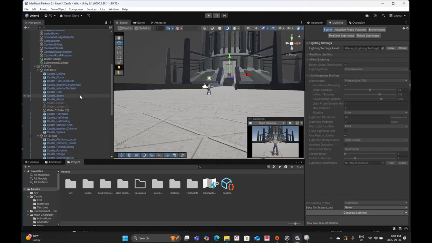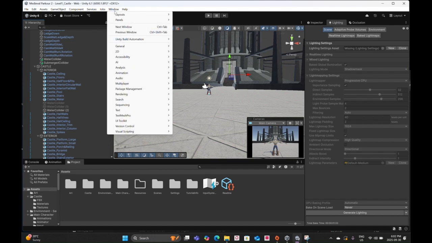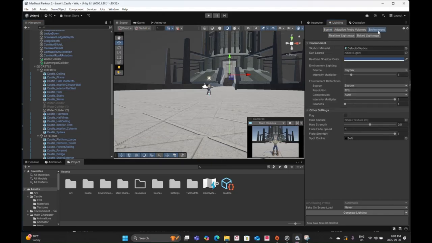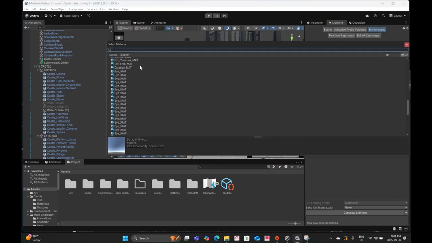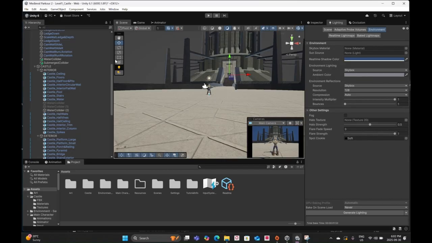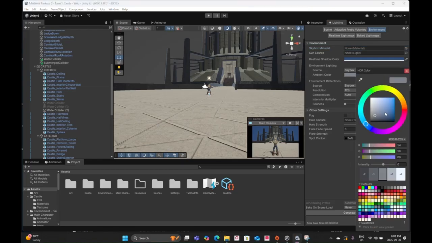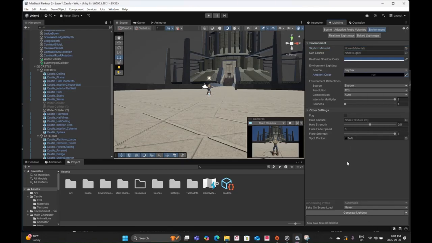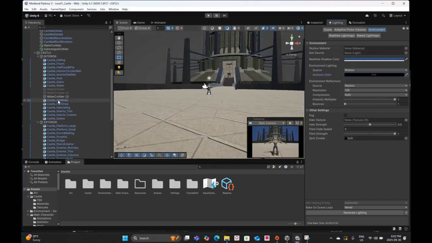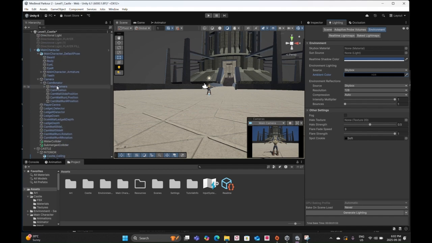So right away, what I'm going to do is go into this lighting tab. If this isn't already open, I'm just going to go into Window, Rendering, and then click Lighting here, and this should pop up. In here, I'm going to go into Environment, and in the skybox, I'm going to set it to none. Ambient color is going to be black, and in the main camera, which is attached to the player,